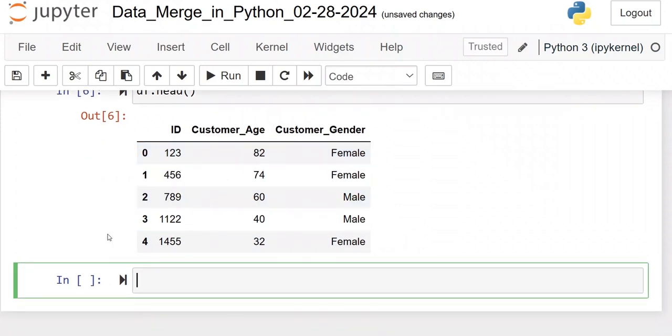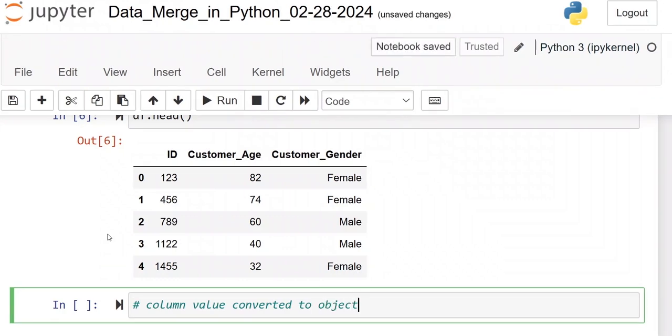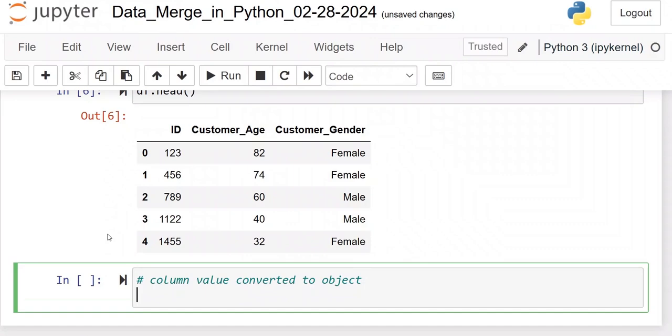So let's say column value converted to object. Okay, so let's do that. So say df, and here you have to give the name within double brackets, so id equals, you have to say df again, giving the brackets and say id again, and then after that you give it a period, and as type,